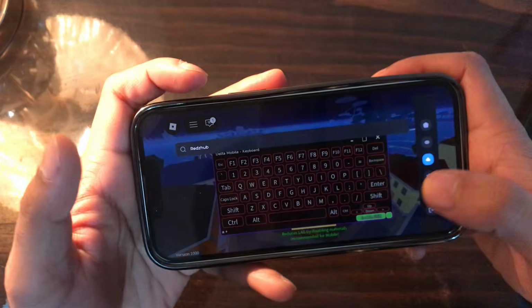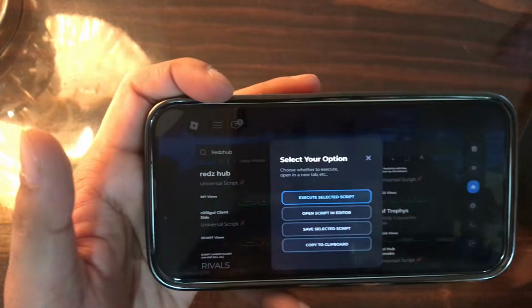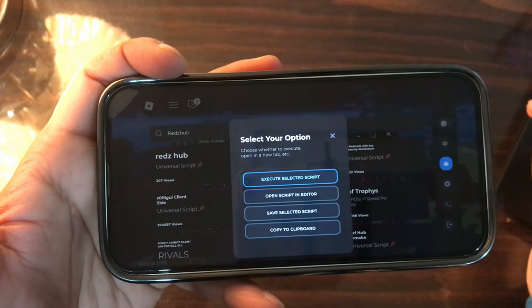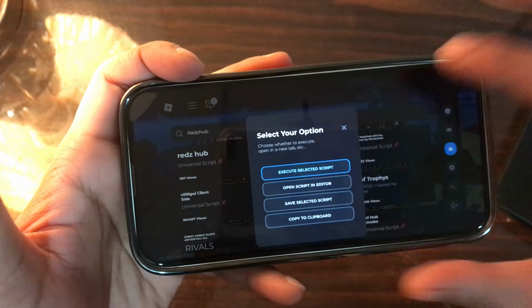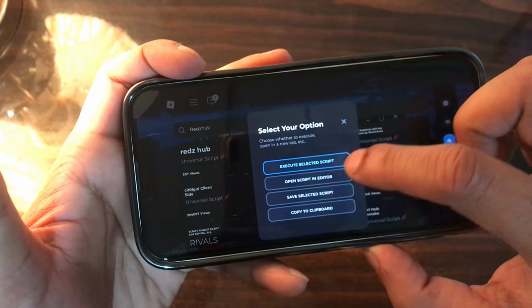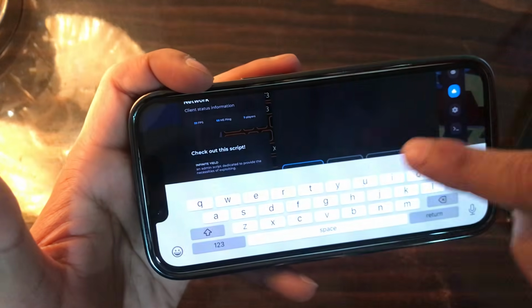Okay, no, let's wait for it. And that's the Redz Hub, which comes without any key, all because of the site I have shared with you. And here you see what you need to do. Tap on execute selected script, open script in editor, copy to the clipboard. Let me show you the script I have gotten without any key, and that's the version of the script as